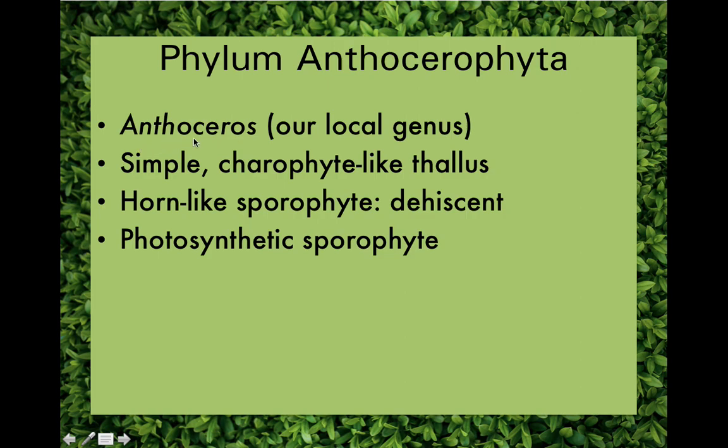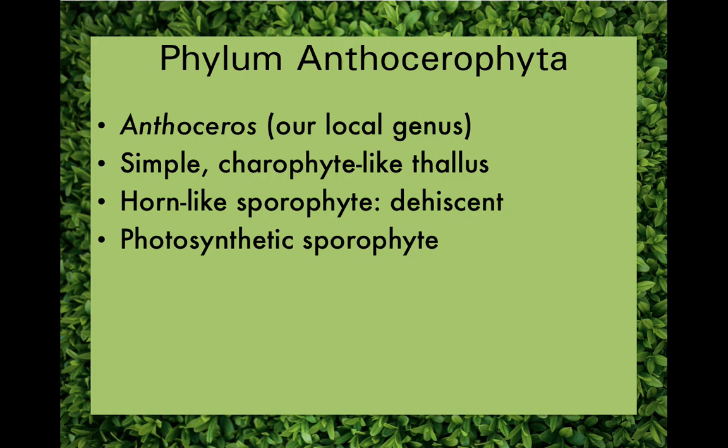And we have around here a genus called Anthoceros. I've never seen it, to be honest. Hornworts are fairly inconspicuous, small plants. You really have to be looking for them in order to find them, from what I've been told. But they are out there. So they have a very green alga-like body, or thallus, to them. And then that's the gametophyte. And then the sporophyte superficially looks like a horn. Really what it looks like is kind of like a blade of grass,